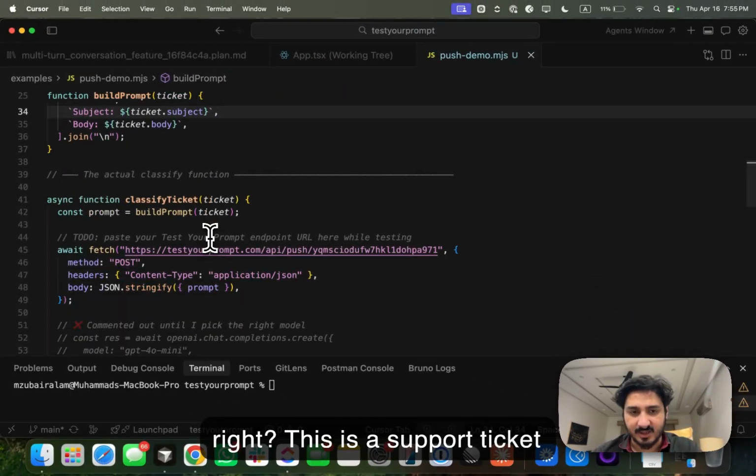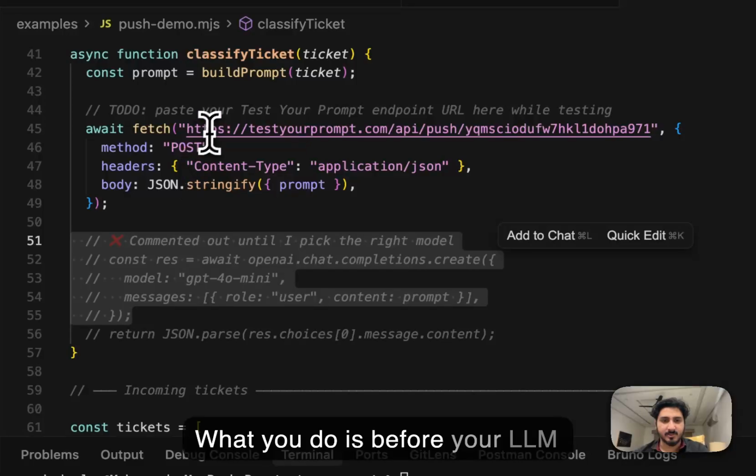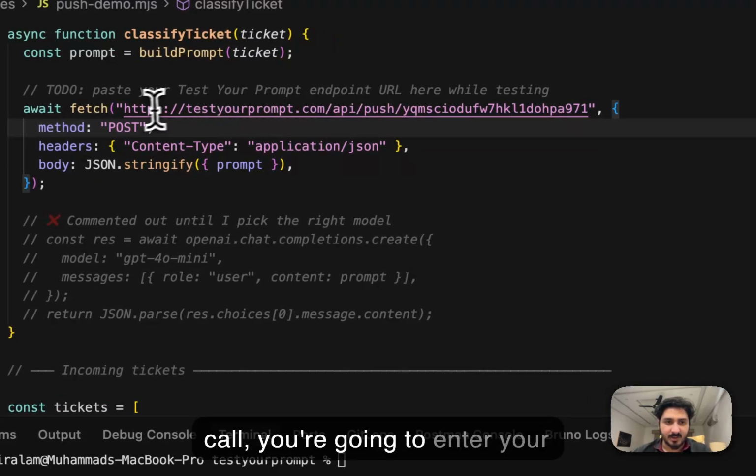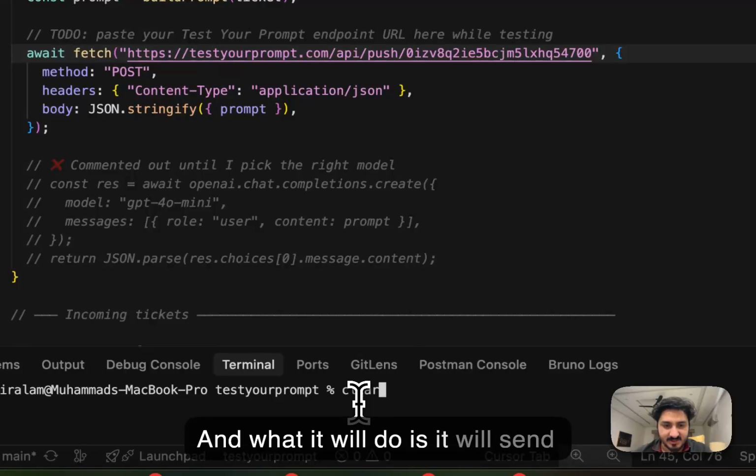So I imagine this is your code. This is a support ticket classifier, and here's your actual LLM call. What you do is, before your LLM call, you enter your session URL, etc., right? And what it will do is it will send your